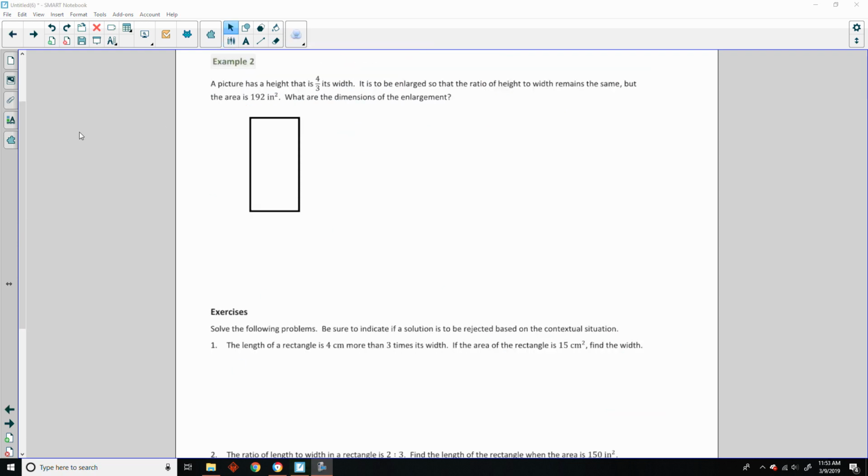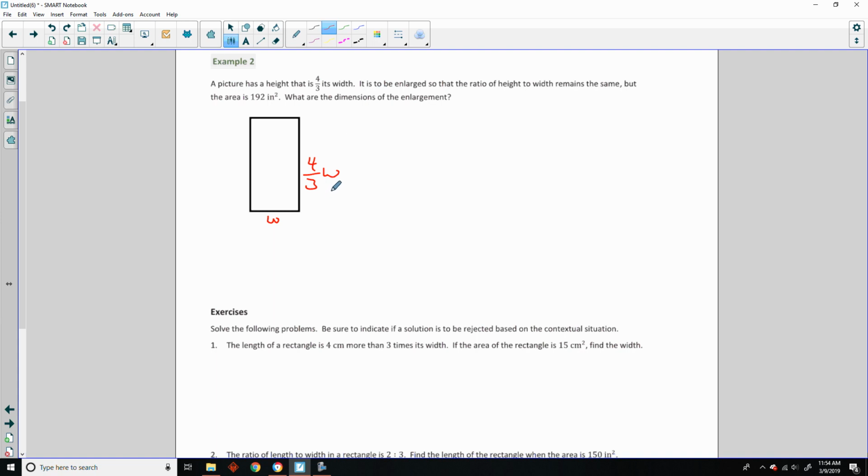Okay, example 2 says a picture has a height that is 4/3 its width. It is to be enlarged so that the ratio of the height to width remains the same, but the area is 192 square inches. What are the dimensions of the enlargement? Okay, so there's a couple ways we can do this. We could say that this is its width, and the length would equal 4/3 its width. But then we're dealing with fractions,